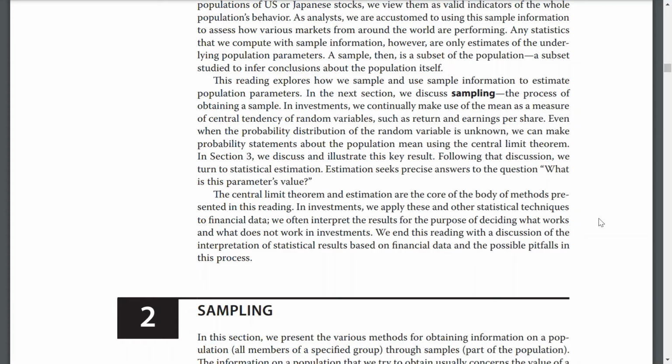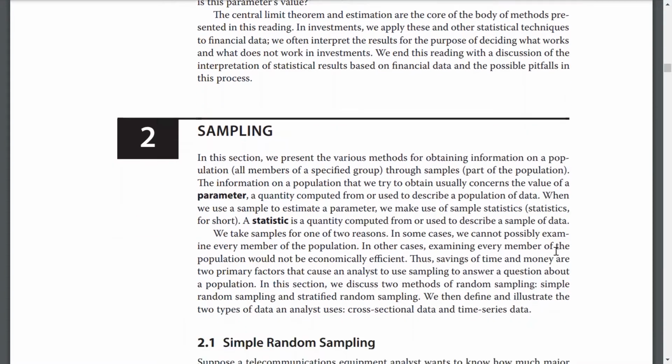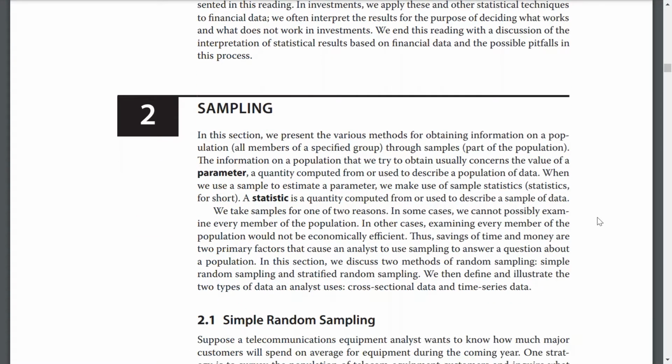The central limit theorem and estimation are the core of the body of methods presented in this reading. In investments, we apply these and other statistical techniques to financial data. We often interpret the results for the purpose of deciding what works and what does not work in investments. We end this reading with discussions of the interpretations of statistical results based on financial data and possible pitfalls in